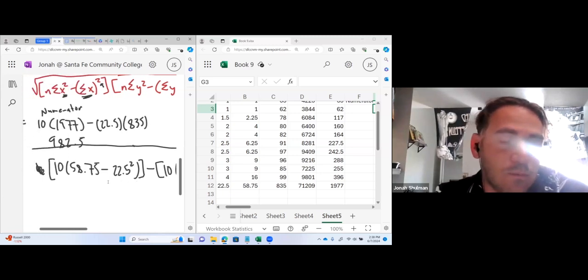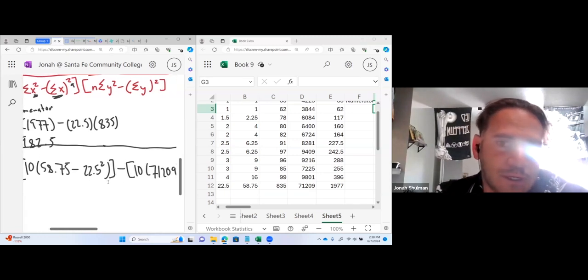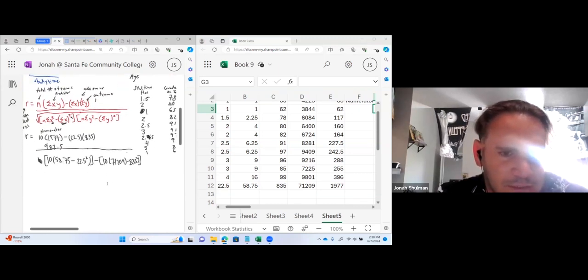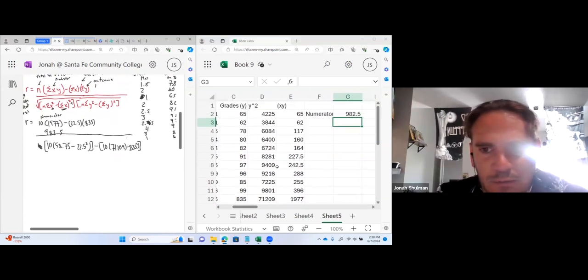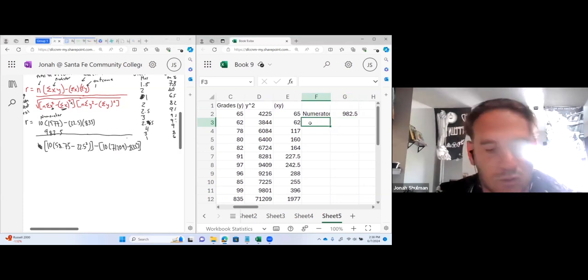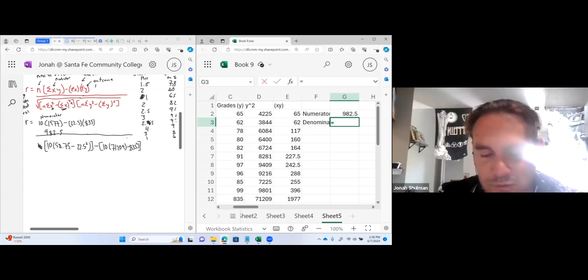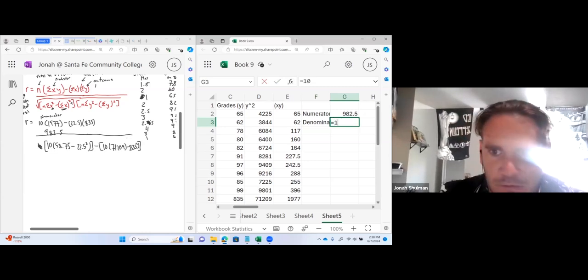So that seems like a whole mess. Seems like a whole lot, but it's not too crazy, right? It's not too crazy. So that's what I'm going to do for the denominator. But then I have to square root it. But before I square root, I'm just going to write the denominator, which we know is going to be equal to 10. I need a parenthesis because it's a bracket. So it's 10 times